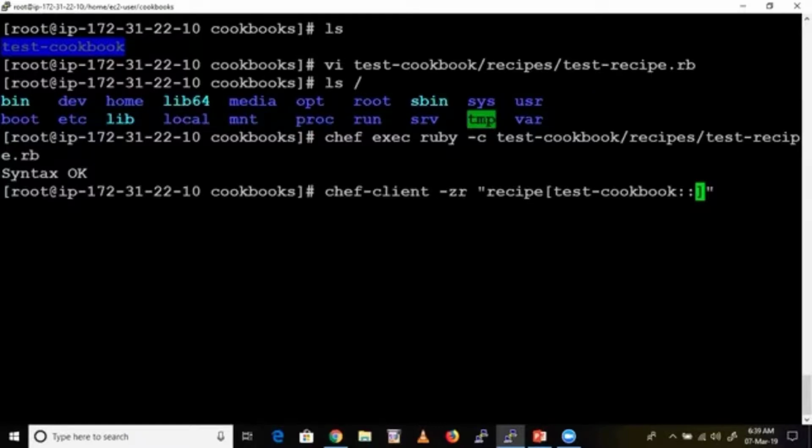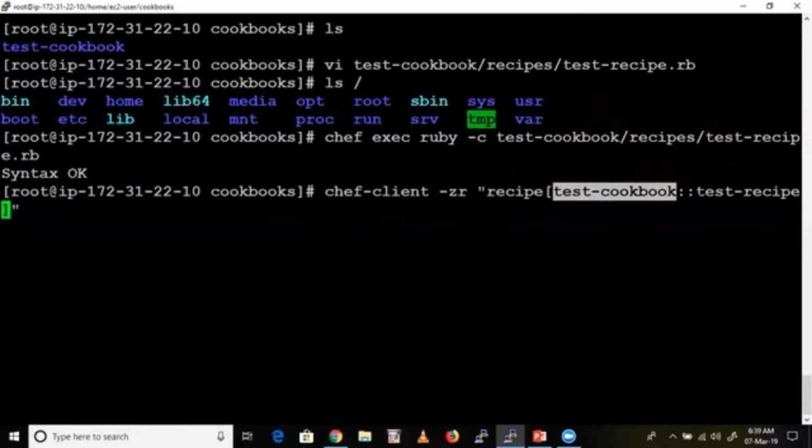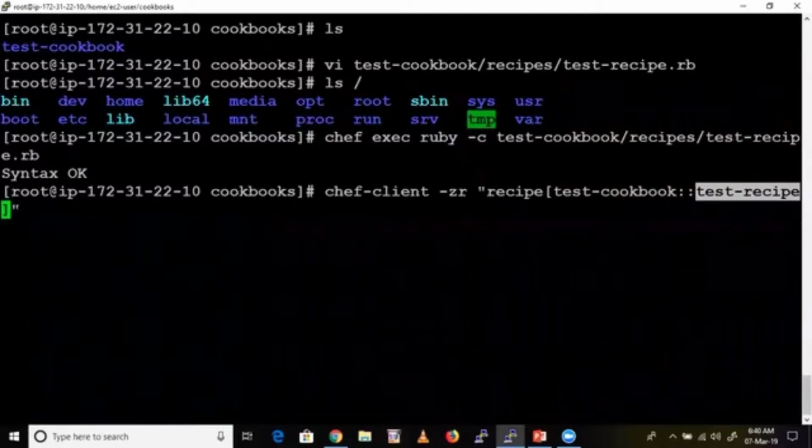And what is my recipe name? test-recipe. You should not give .rb here. I'm calling one recipe. Chef client will call a recipe, which is present inside test-cookbook, and that recipe name is test-recipe. You should not mention .rb again here.